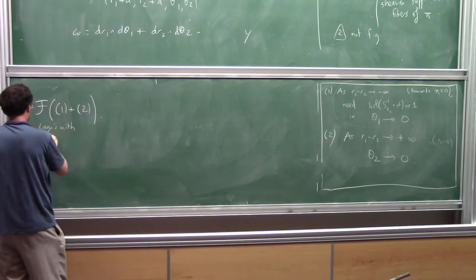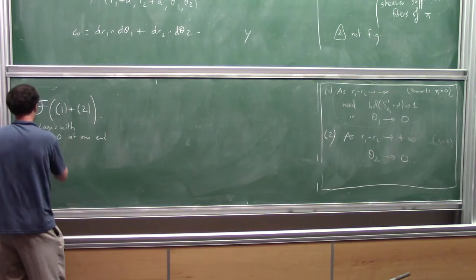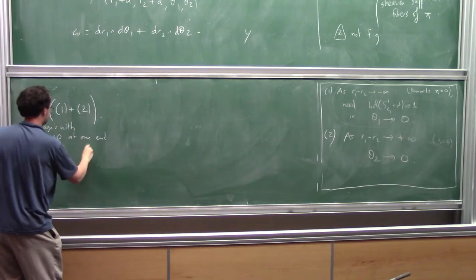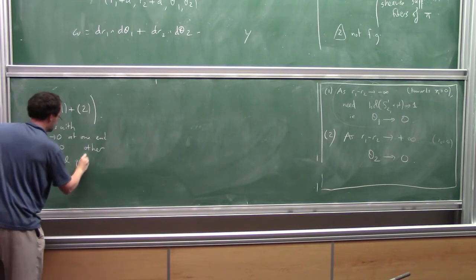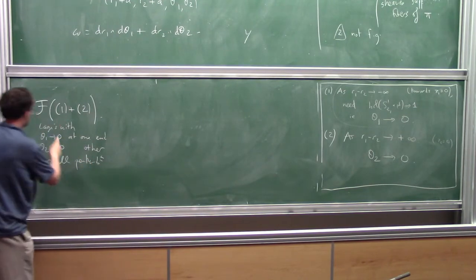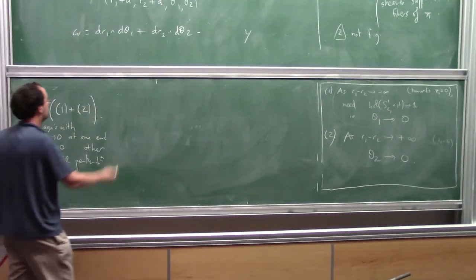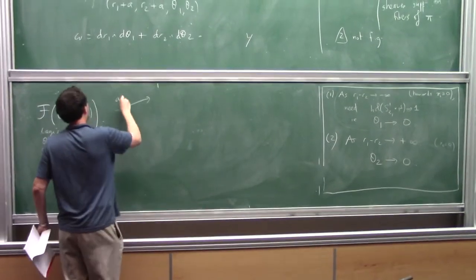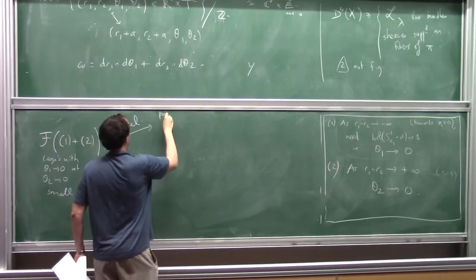So theta 1 goes to 0 at one end, theta 2 goes to 0 at the other, and small perturbations. When we compute Hams, we push the values of theta 1 and theta 2 slightly. This is the thing we're interested in. Now, these things have acceleration functors to partially wrapped Fukaya categories,